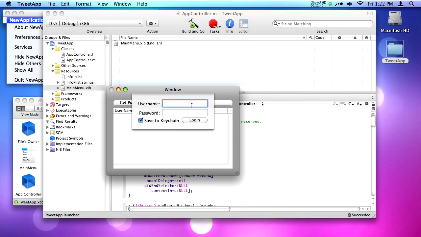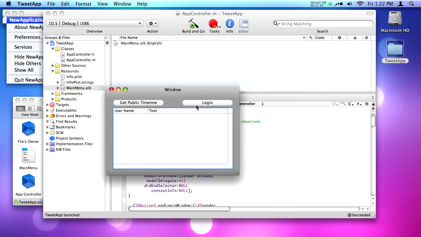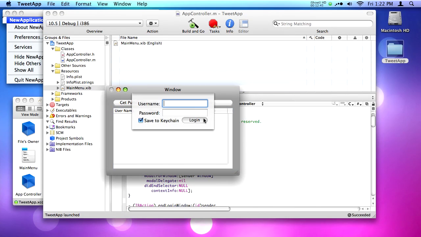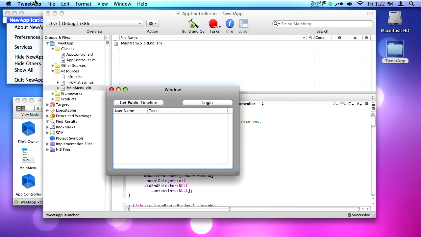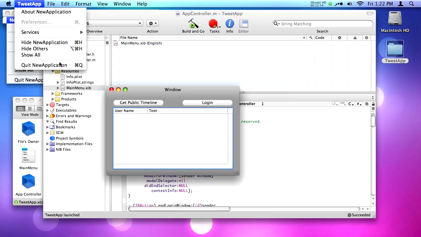There we go. And now it pops up. So, pops up, pops down, pop up, pop down. Alright, now that we have that done, the next thing we need to do is implement keychain saving for our